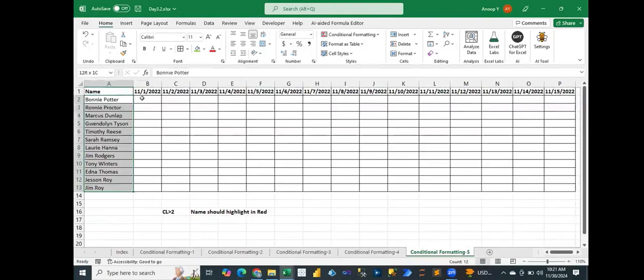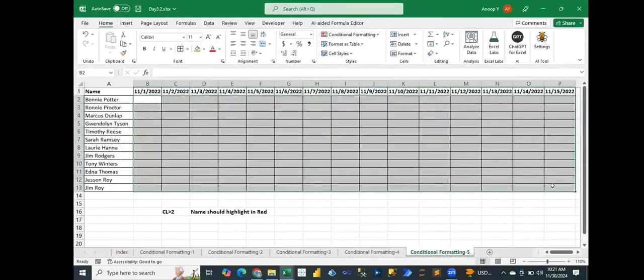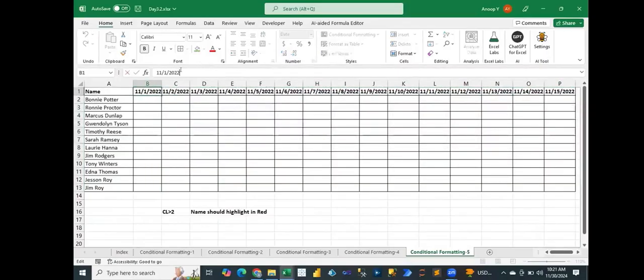Do one thing in this attendance sheet. I just want to implement a kind of formatting such that if anyone has taken more than two casual leaves, then that employee's name should get highlighted in red color. In a month, two casual leaves are allowed, which is fine. But if they have taken more than two casual leaves, then please highlight their name in red color. Okay. So what I will do, I will select the name because in this I want to implement the